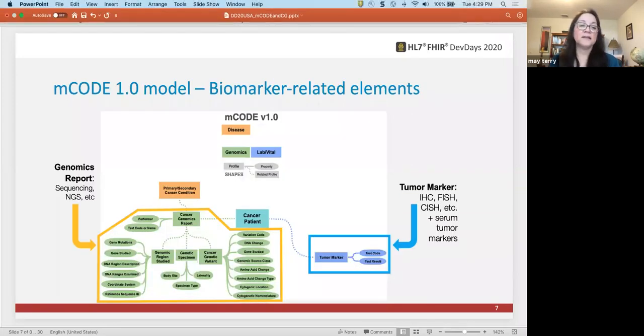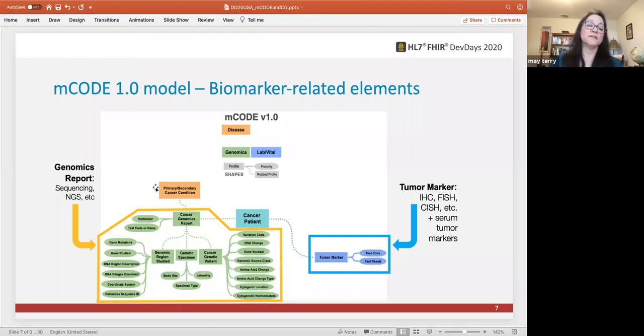Okay, so we had the original concept model a couple of slides ago. And if I were to just take out the rest of the things that we're not focusing on in this presentation right now, you can see here the biomarker-related elements, where again we are focusing on the notion that the patient has cancer, a currently actively diagnosed cancer. And then as a part of it, there are particular genomics related tests, as well as this notion of tumor